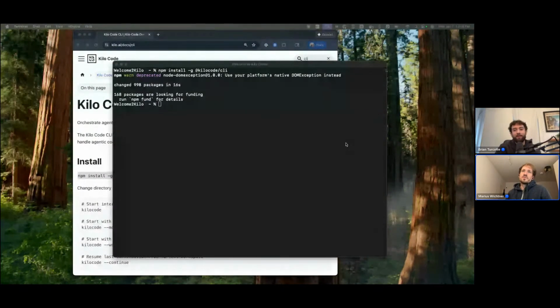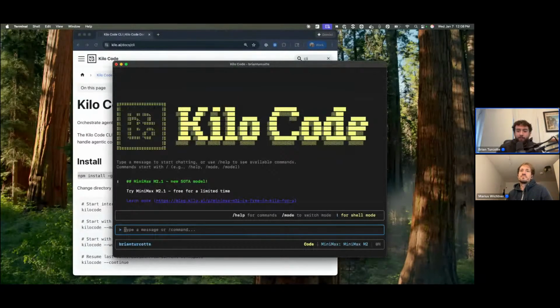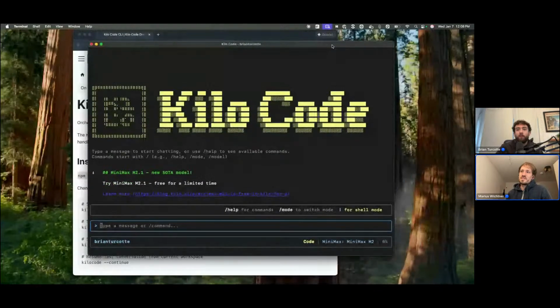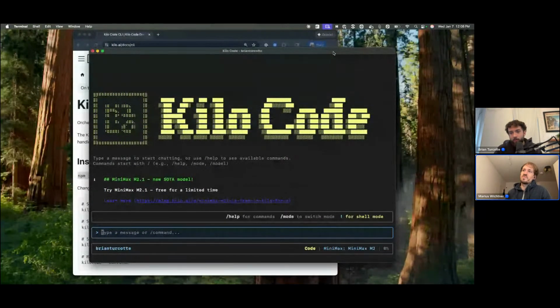There we go. And then Kilo, exactly, Kilo code, and there it is. Exactly. So you see now the CLI, and the nice thing about this is it actually uses the same core mechanism that the VS Code extension does. It might not expose all of the features that it has until now, but a large majority of the features is already in it, and it shares the same agentic core.